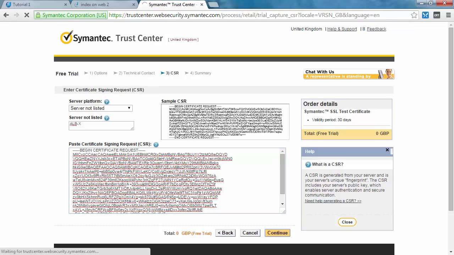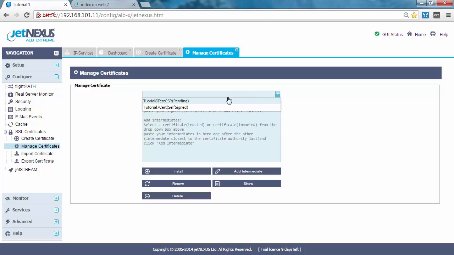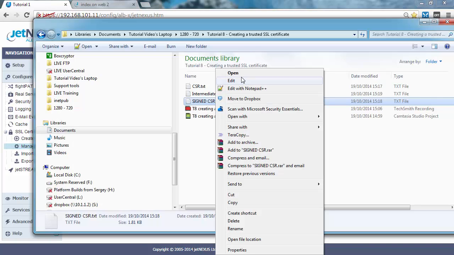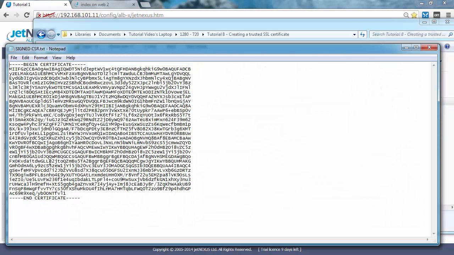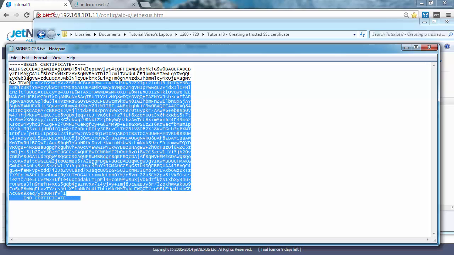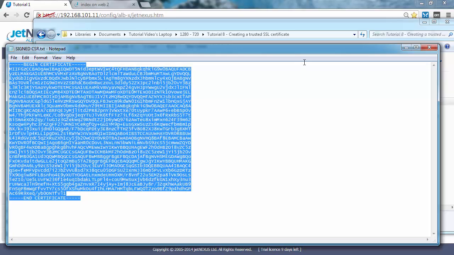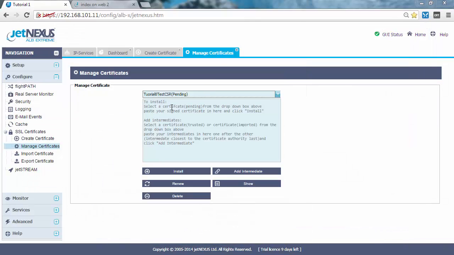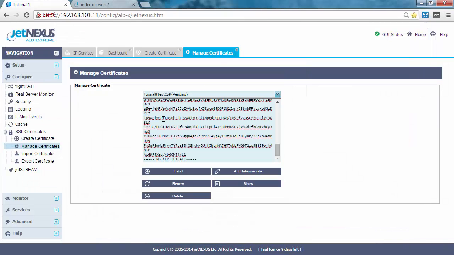So they will then sign that request and you will see CSR pending, and then you will paste the signed request into this box. So let's go and find that signed request. This is typically an email that they'll send back with the signed request. So we're going to copy all of that, paste it into our manage section, click install, and at the bottom it says certificate has been installed, and that changes